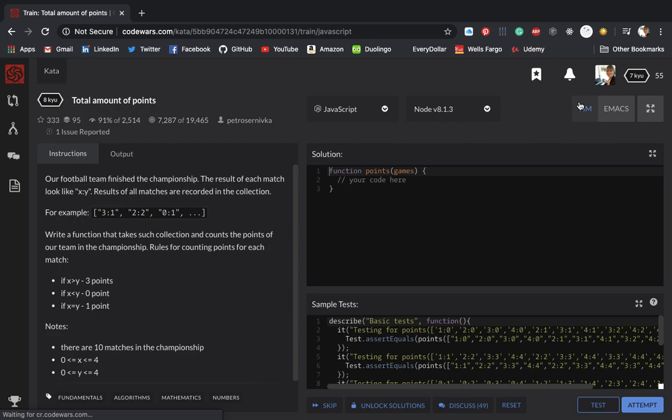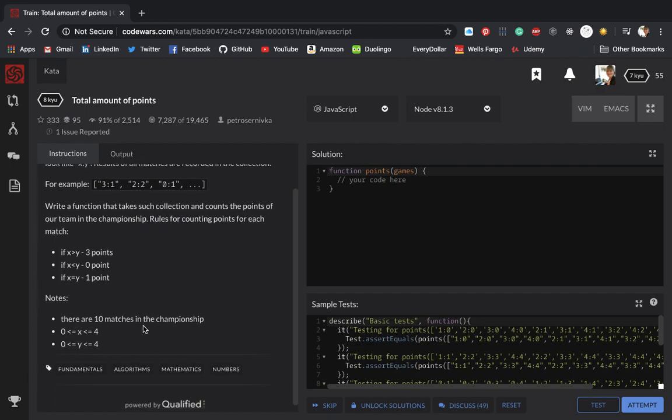Okay, so first of all, points of our team in the championship. Okay, so there's going to be 10 matches. And basically, these are just the conditions here. So